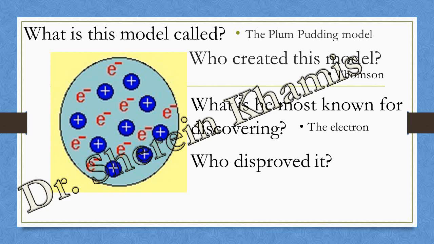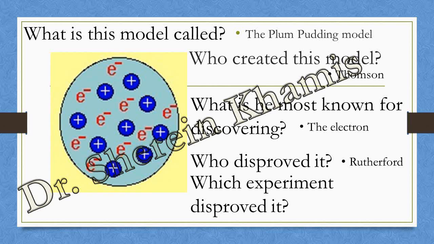Okay, who disproved the discovery of Thomson? The second one came after it, Rutherford, who disproved or cancelled what was discovered by J.J. Thomson. Okay, which experiment disproved it? Which experiment was used to explain the plum pudding model? We said that we have